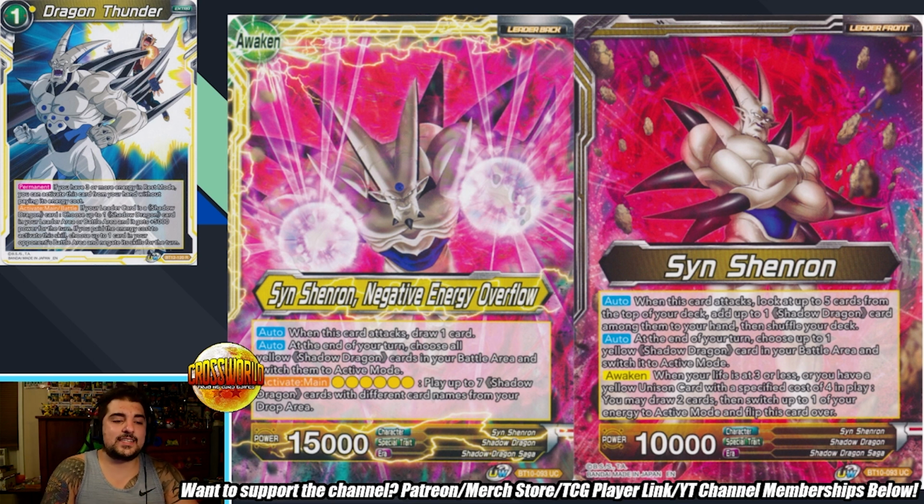One of the main deck techs in this build that I actually really liked was Dragon Thunder in the main deck. This is essentially a main deckable Senzu Bean for Syn Shenron, and I think that's a meta call because if the format doesn't call for this card in the main, you put it in the sideboard. But in this format, there are actually a lot of low to the ground attacking decks that you would want this card against. You have King Piccolo, you have Vegeta, you have Launch, which can go wide and attack small. It is not the best against something like Dark Broly, which attacks very big,